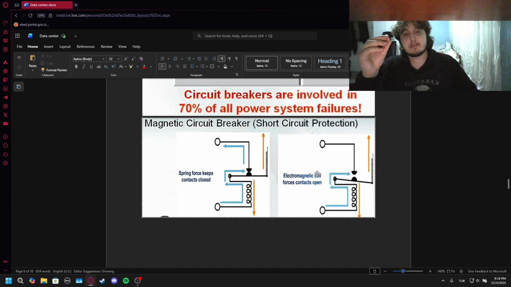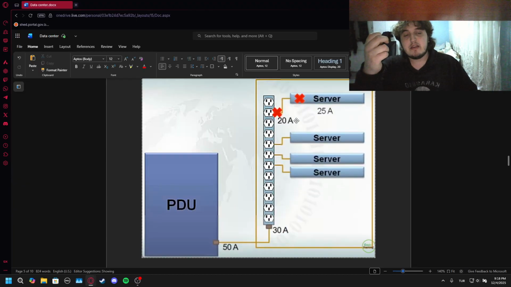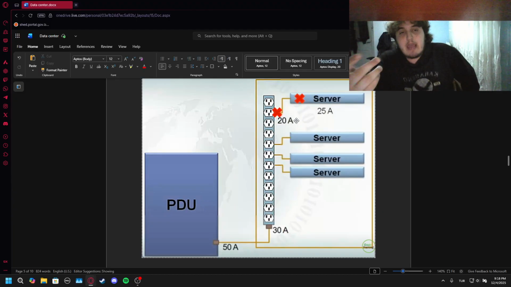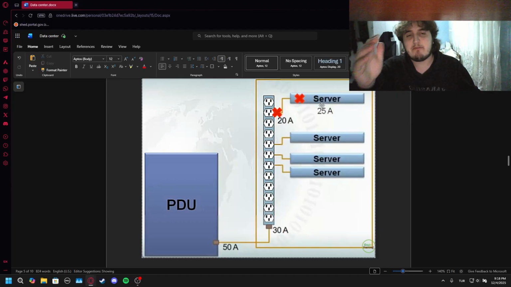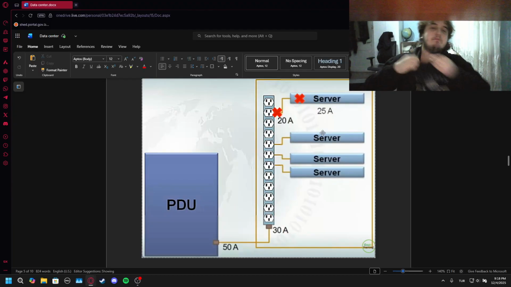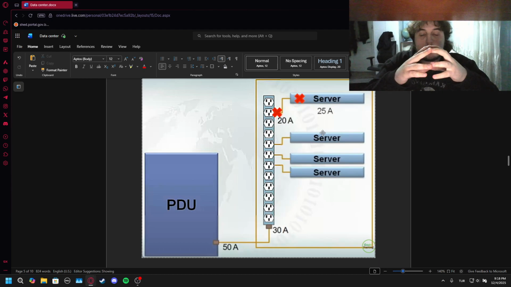During short circuits, so much amperage goes through it. Let's say it says 20 amps here. It might be, let's say, 4,000 amps. It might be around maybe 8,000 amps passing through a single line. Obviously, at a server that would be a lot lower than that, maybe like 1K amps, 2K amps, something around that. But the idea is it can be up to 2,000 times the value that is on the circuit breaker,